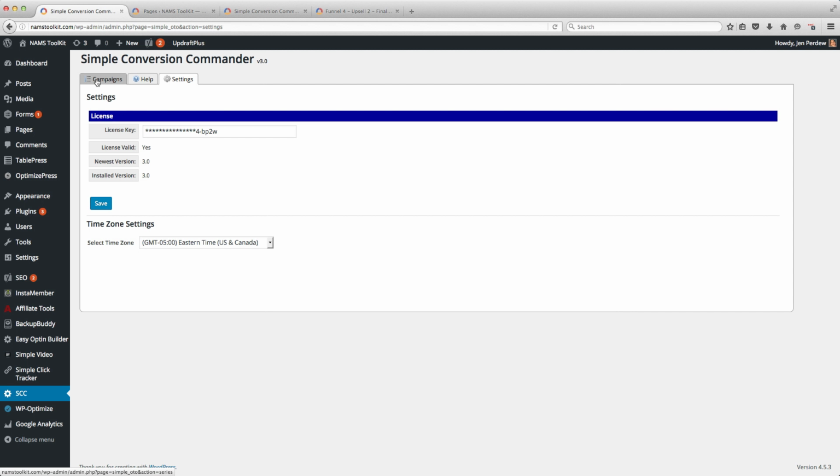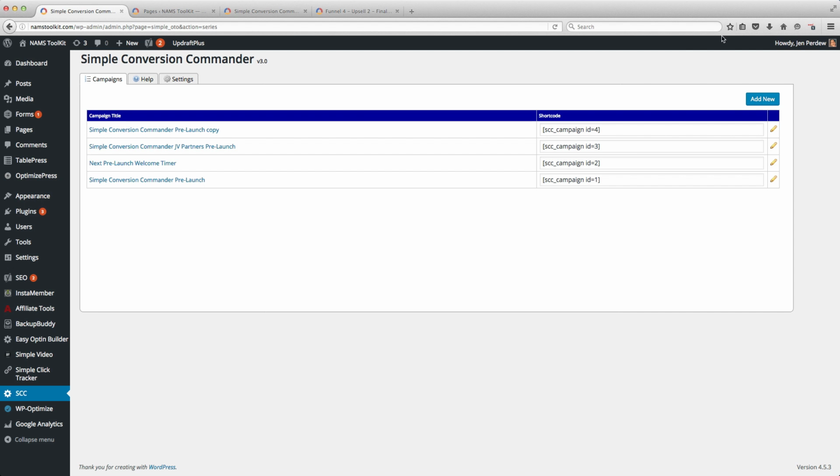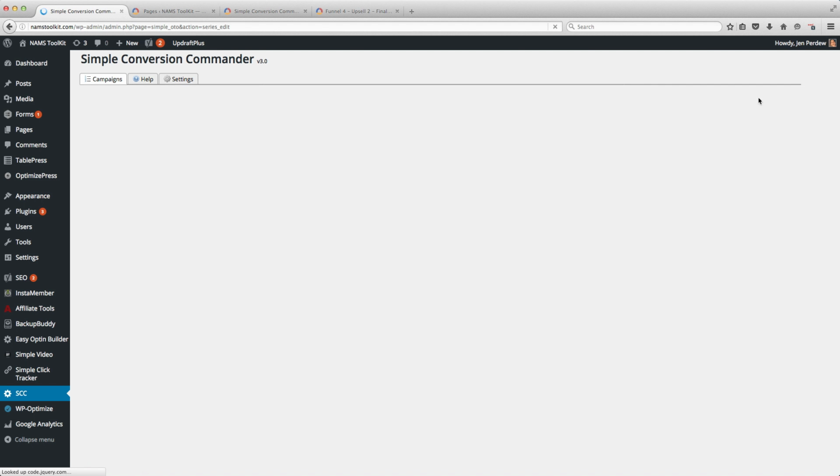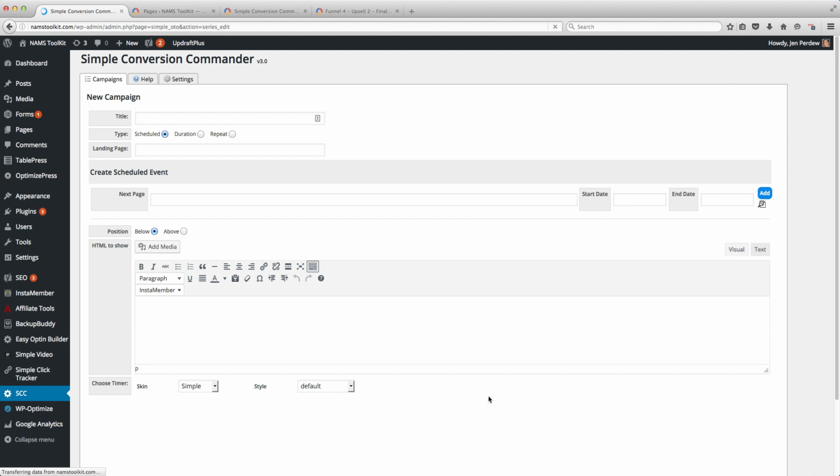And we're going to come over here to campaigns, and we're going to create a new campaign. These are already campaigns that I currently have running, and you can see they're just real easy to look at here. So we're going to go to Add New. And this is what the back end portion of your campaign is going to look like. What we want here is to just do a test, and I'm going to call this SCC demo